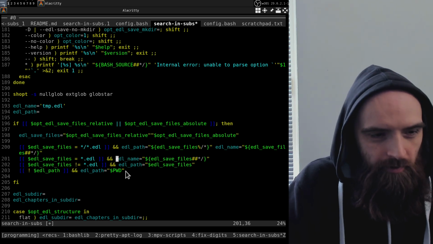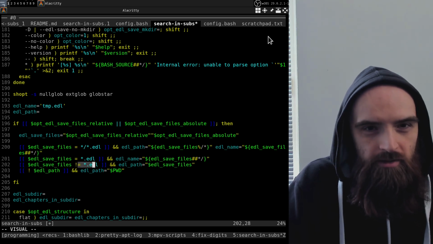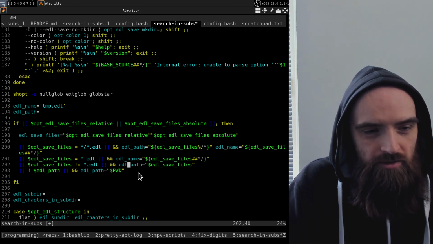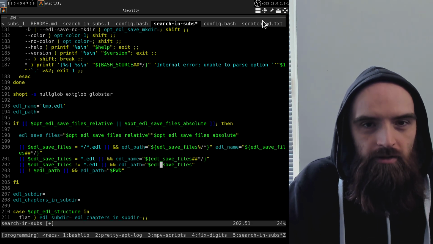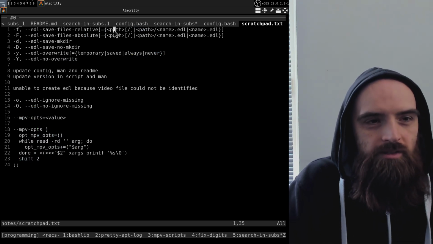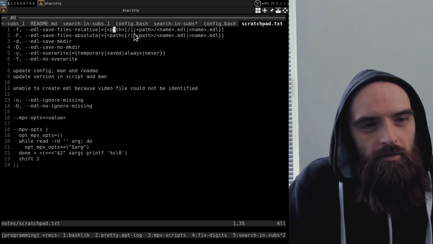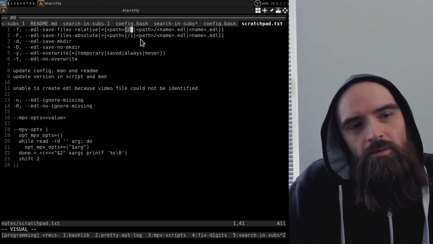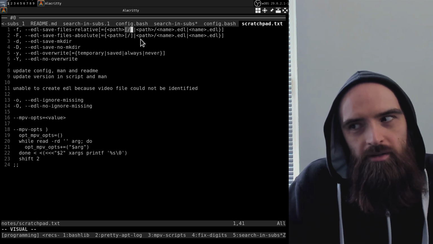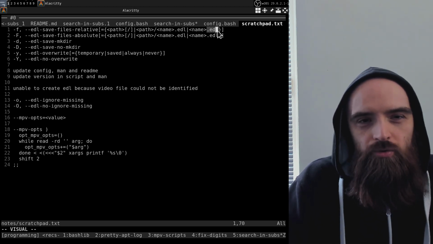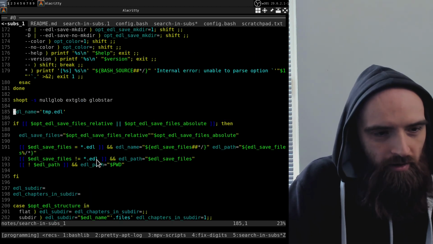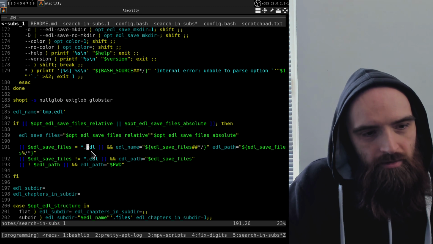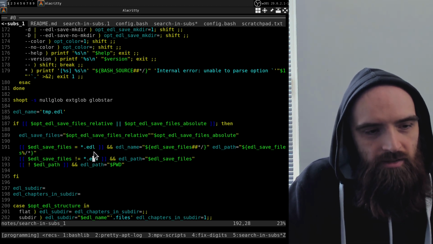And then if it does not end in .edl, then the path will be set to just the value of edl-save-files. So that's this case. If you add this / at the end, it won't make any difference, except that the string won't end in .edl anymore, and neither of these